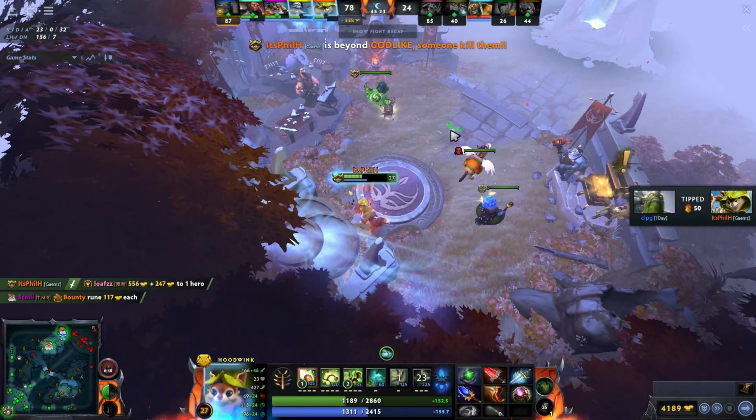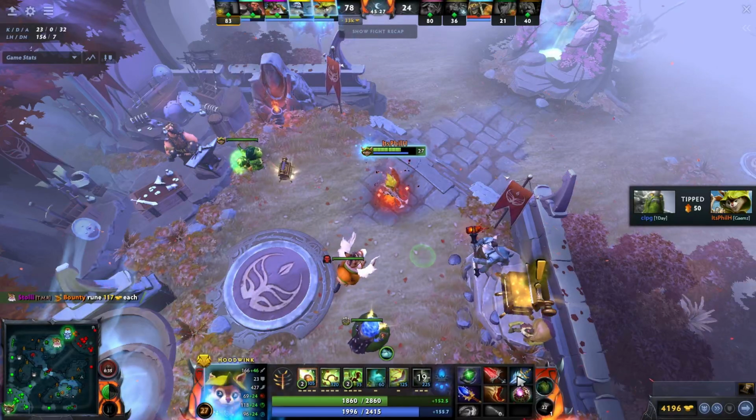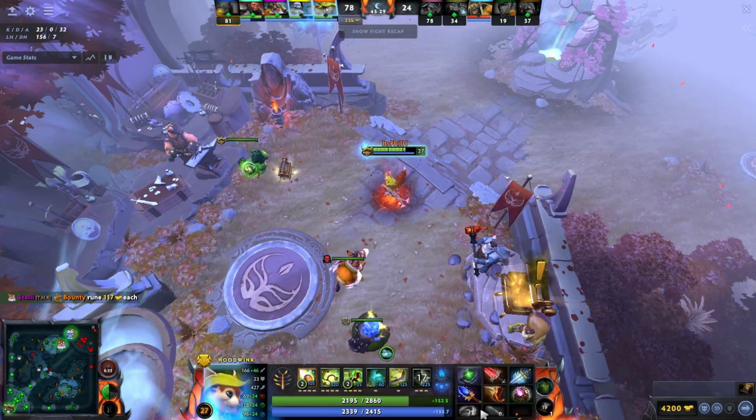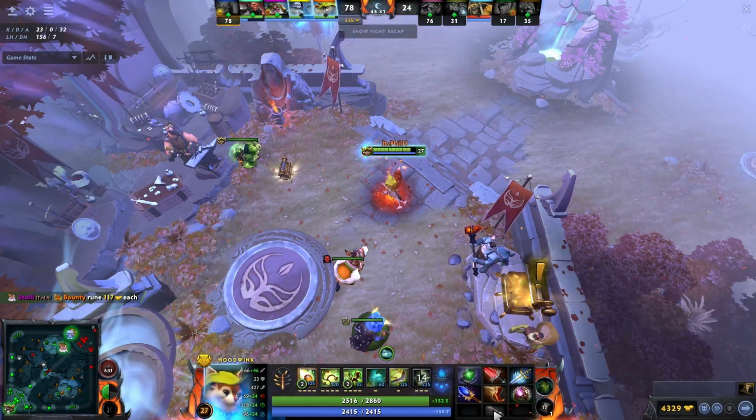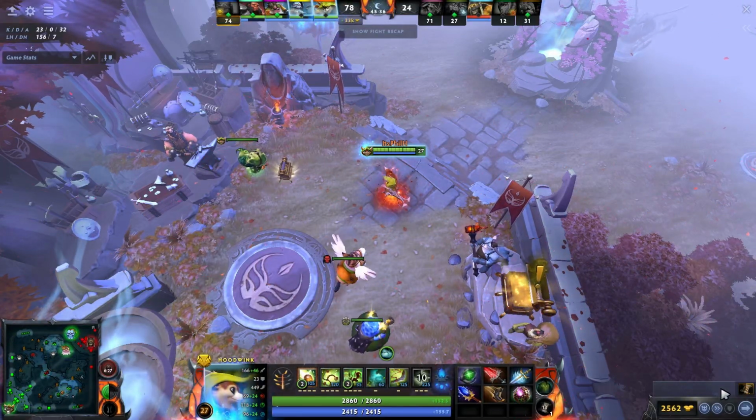I don't know why they didn't, but I guess diving towers is scary when it's 5v1. I don't know, bad player's going to be bad. I was happy to follow in the Tiny. I was confident we had enough to burst Clinkz down, so this was the point that I decide, right, okay,